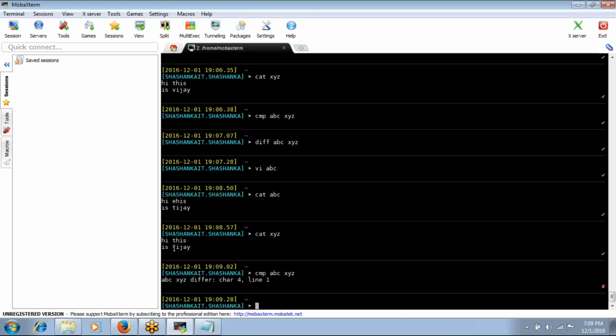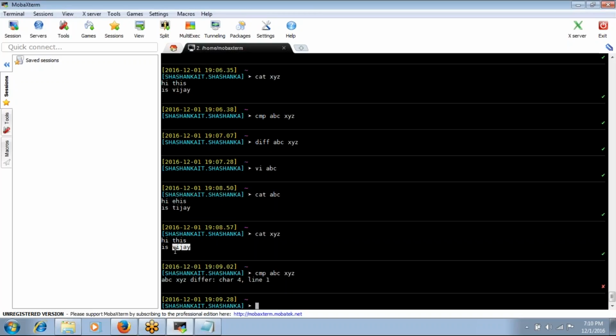What about this character? It is also a difference, right? So this is the fourth, fifth, sixth, seventh. This will take it as one character. Eighth, 9, 10, 11, 12. The 12th character also has a difference, right? Why is it not showing the 12th character? It is showing only the fourth character, right?